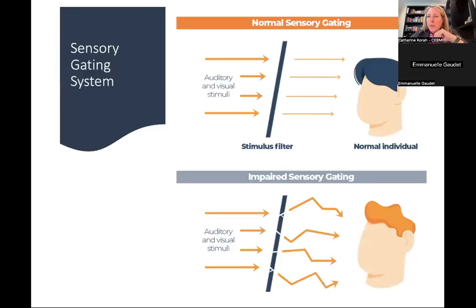Now, in terms of explanation from the neuroscience, trying to understand what are truly the differences on a physiological level between a neurodivergent individual and a neurotypical individual. One of the differences between the two is what we call the sensory gating system. For a neurotypical individual, the sensory gating system is a filter that helps us minimize the sensory input. So I'll give you an example just to make it concrete.